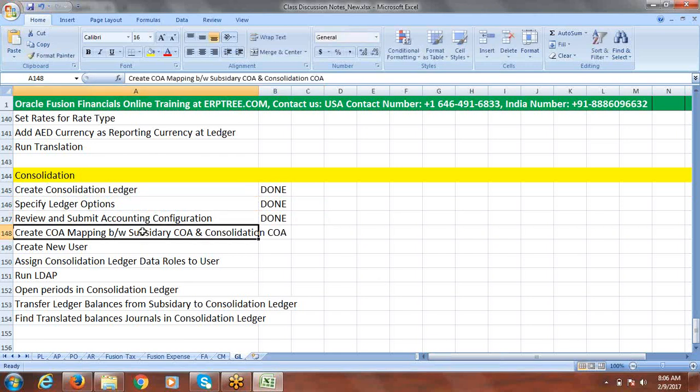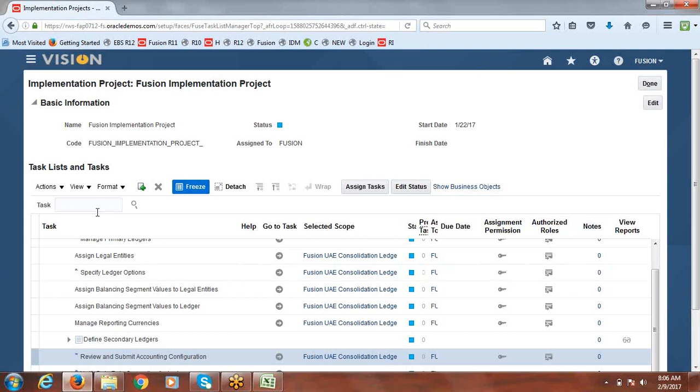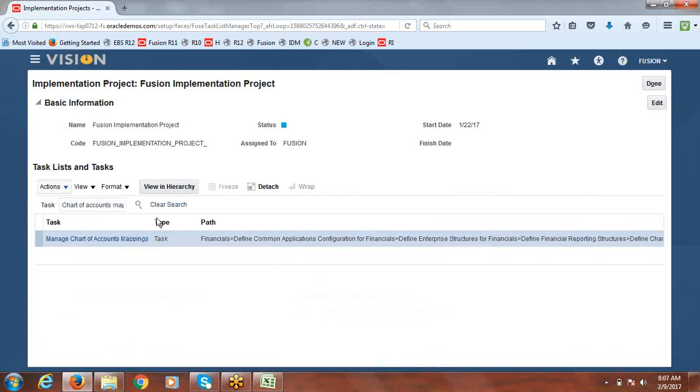Done. Now what we have to do is create the COA mapping between subsidiary and consolidation ledger chart of accounts. Let's go and do it. Just search for chart of accounts mapping. Yeah, correct.